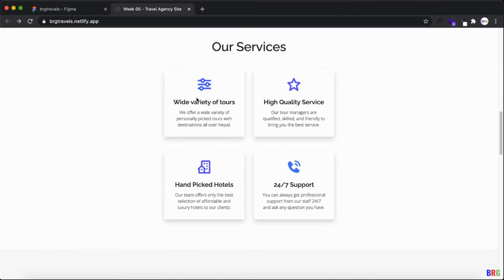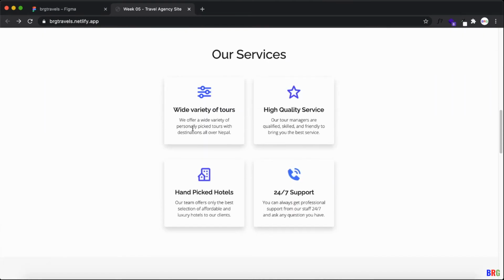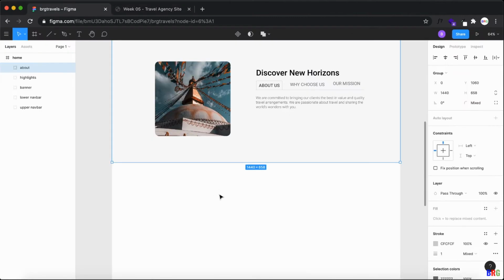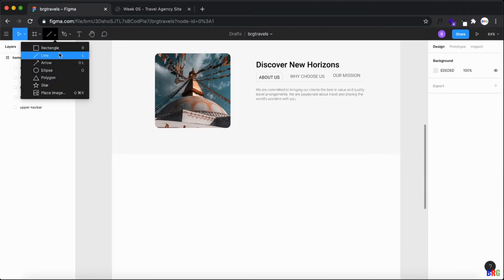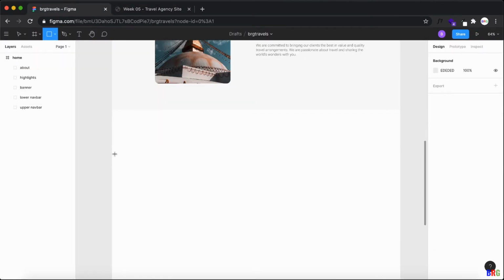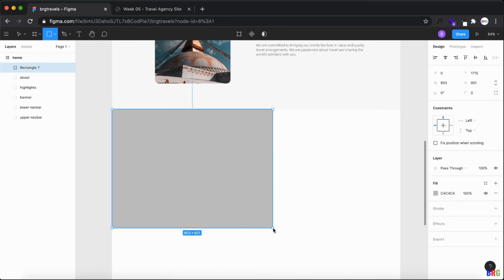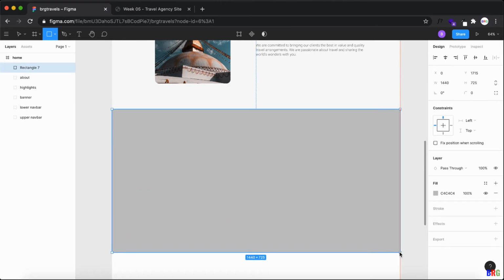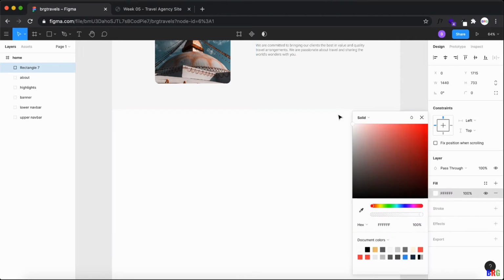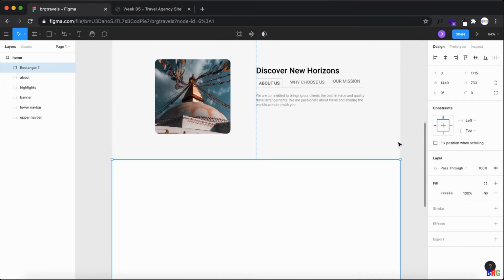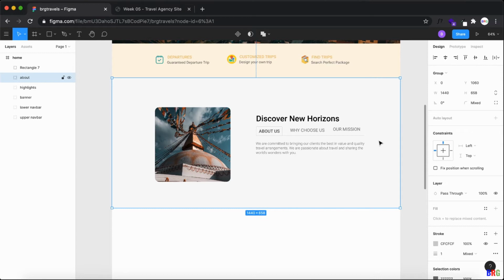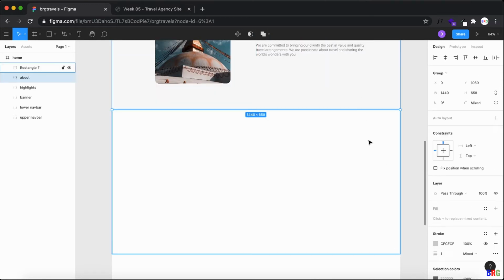Okay, it's quite easy, right? 4 boxes and then images and then text. Now another rectangle. Okay, another rectangle, and we need to choose white because we have this as light gray and then white background.